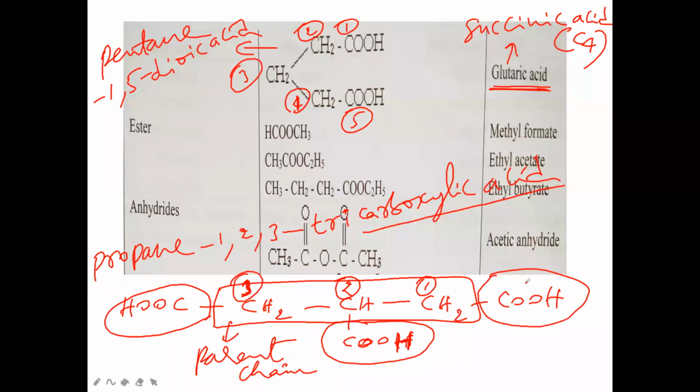Now what we should understand here: if the same functional group is present more than 2 times, for the COOH carbon atoms we should not allot numbering. Excluding these COOH groups, the remaining carbon atoms should be given numbering. So how many carbons do we have here other than COOH carbons? 3. 1, 2, 3. So that is the important concept to understand. Take a screenshot of this one.